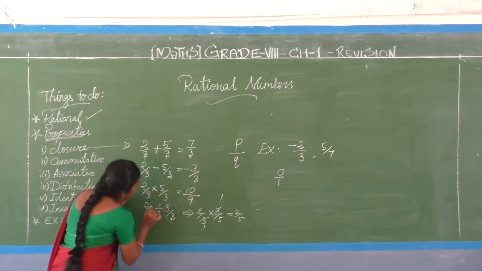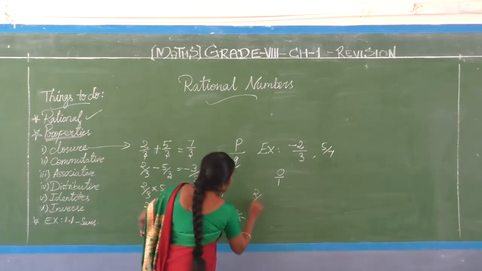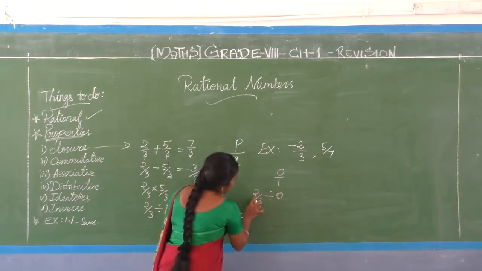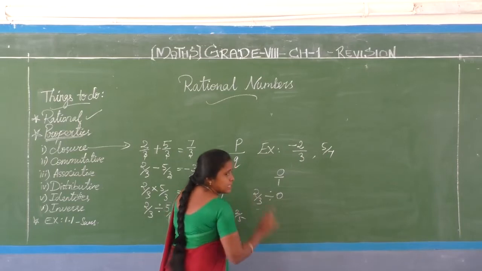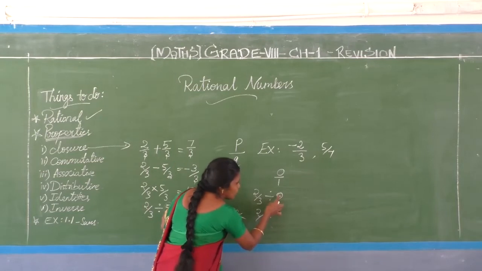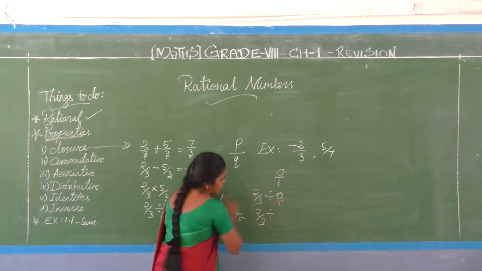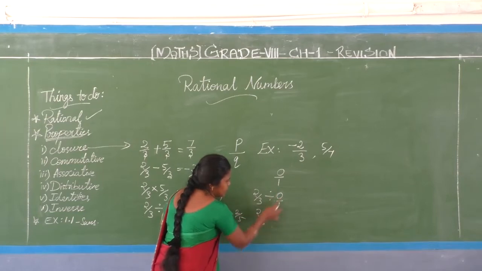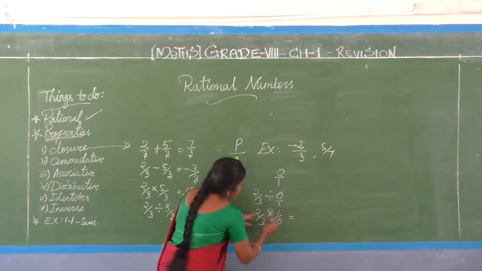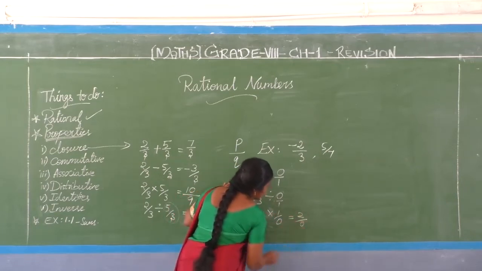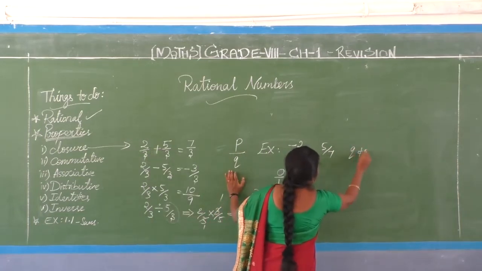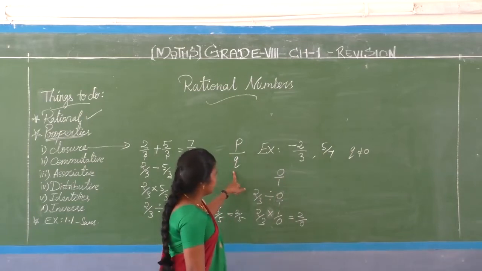See here, in division, if I take 2 by 3 divided by 0, what comes? Division of any rational number by 0 is always meaningless. How does it come? 2 by 3 divided by 0. Division means it should be the reciprocal, so 1 by 0. 2 into 1, 2. 3 into 0, 0. But as per the condition of rational, the denominator should not be equal to 0. P and Q are integers. Q is not